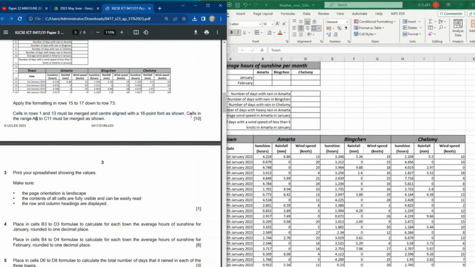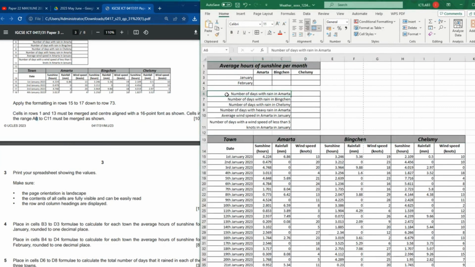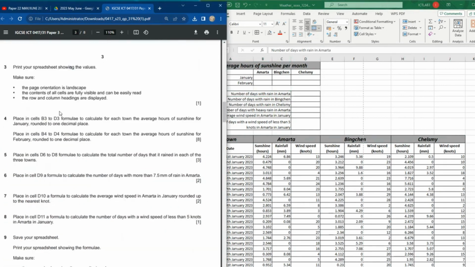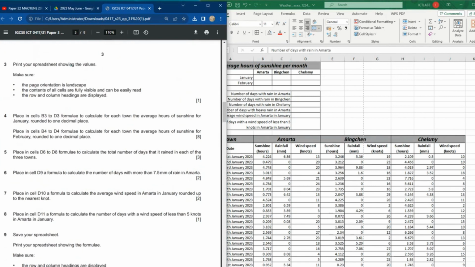So then cells in the range A6 to A11 are matched. Yeah, we match them. We match from A, B, and C. All right. Now you can claim your 10 marks easily. Now the question then says,